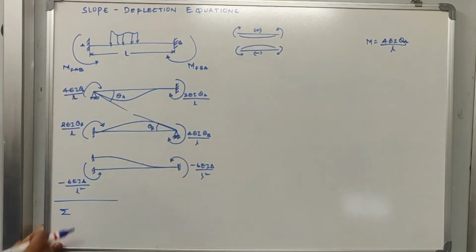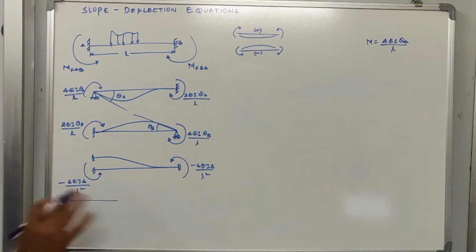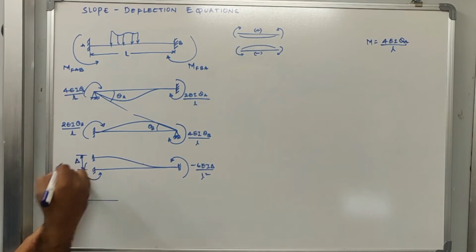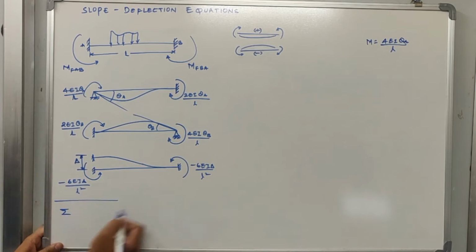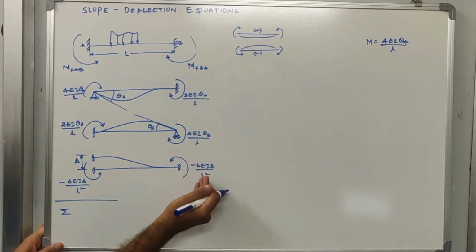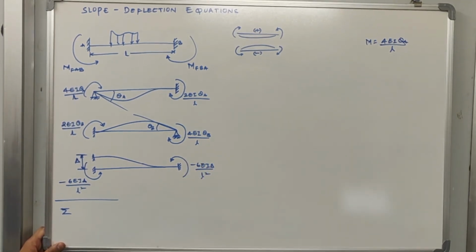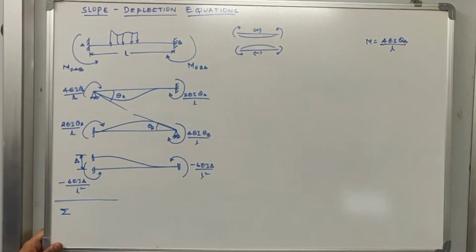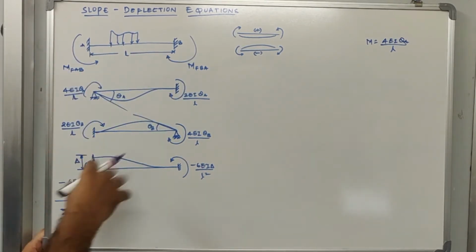First I have considered that there is a load, then there is a rotation at both the ends. Then I will consider that there is a translation taking place at one of the ends, right now at A, so do not worry about it. Assume that a translation takes place with a value of delta. The moment required to create this is minus 6 EI delta divided by L square, and the reaction generated on the far end will also be minus 6 EI delta divided by L square. These slope deflection equations are generated by considering the hypothetical situation where there is a rotation at both the ends, and there is also a deflection.